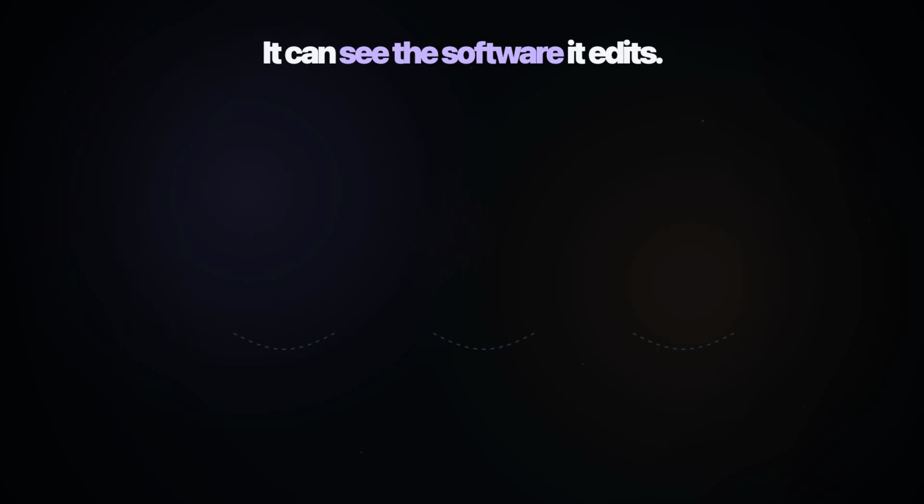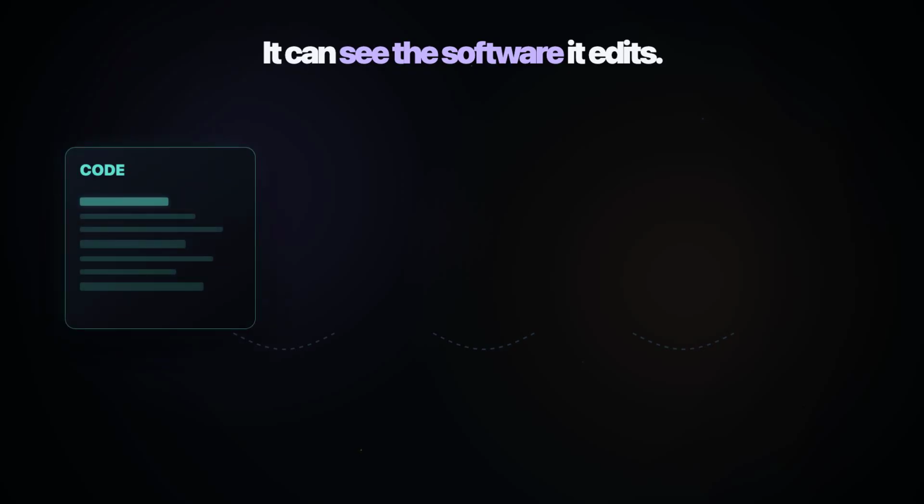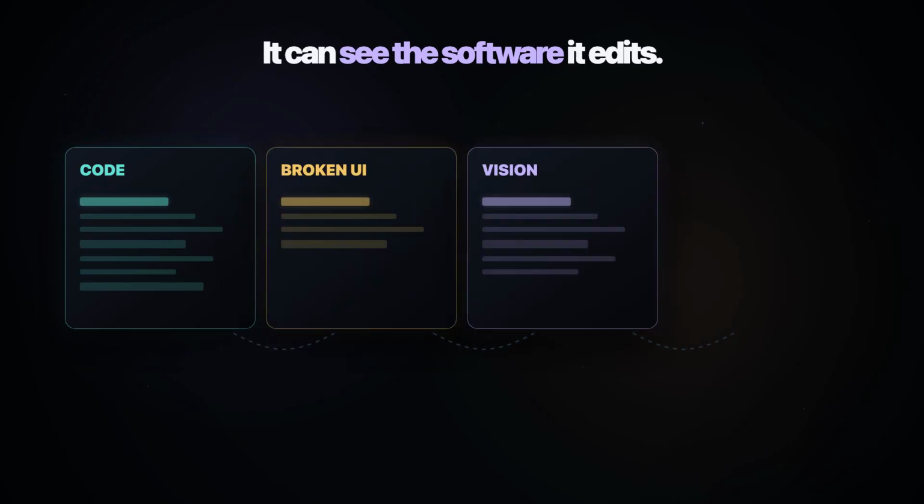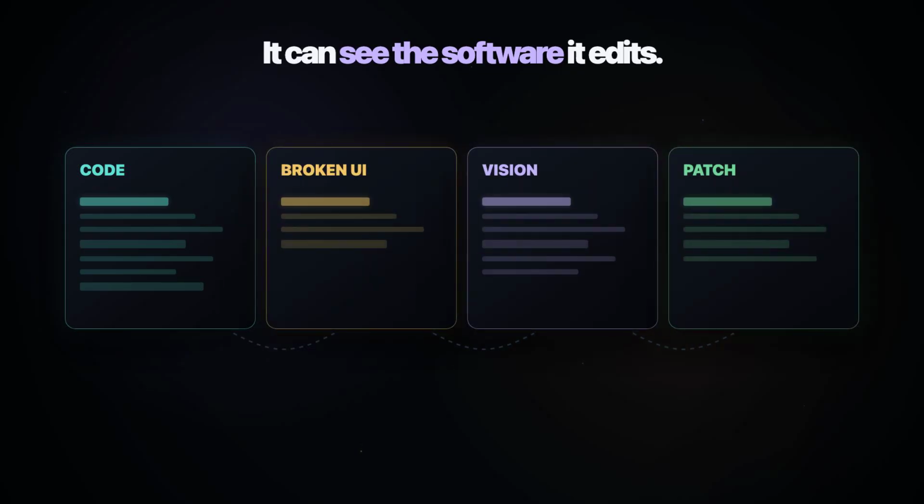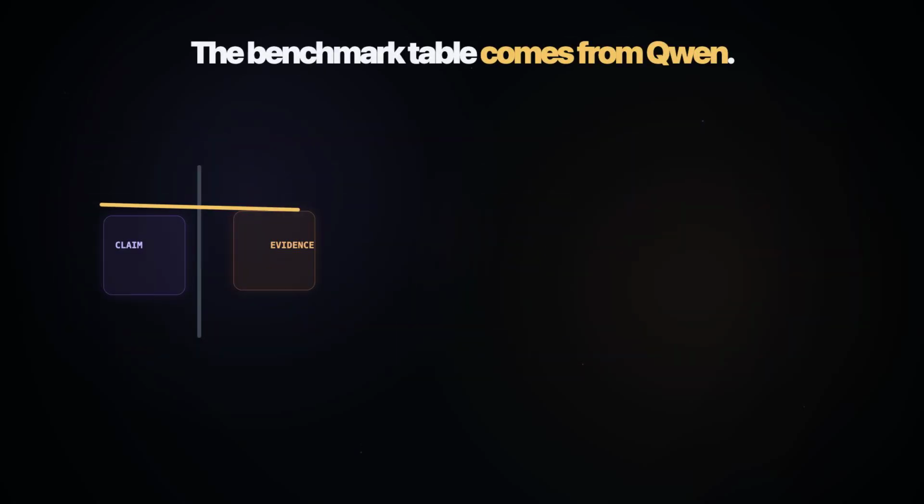Because Qwen 3.8 27B is not just a text model. It has a vision encoder and was evaluated on image and computer use tasks too, so the same local model can potentially read your code, look at a broken interface, reason about the screenshot, and then modify the software behind it. That combination may be more important than any single benchmark number,